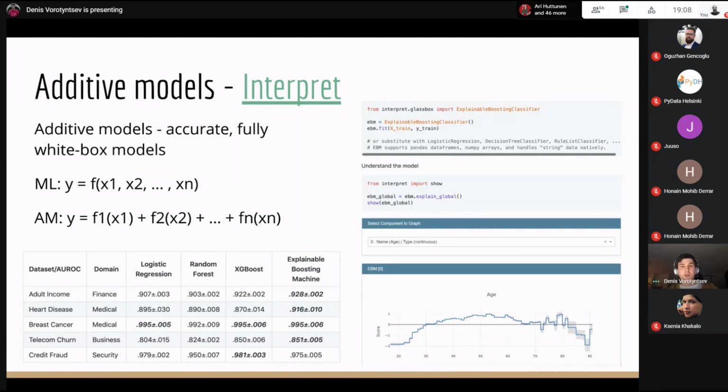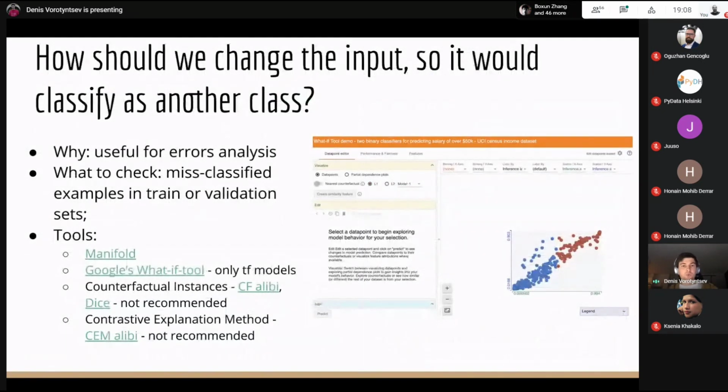The last part, but not least, is to check how we should change the input so it would be classified as another class. And the general idea here is to understand, so we train our model, we make predictions for the validation data, and generally it's a good idea to check on what examples the model made a mistake and what features contributed to that mistake. I talked about it previously.